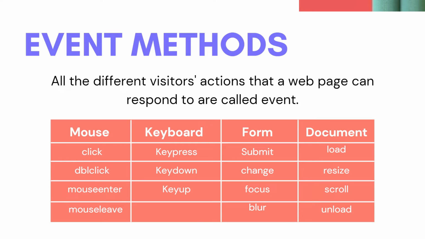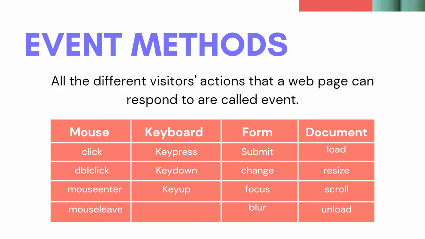And we have the change. Whenever someone changes the form, like he enters his name, his email ID and the password, from blank he has filled it, therefore he has changed it. When he changes that, the event under change is going to occur. And we have focus. Whenever the user focuses on a particular element, this event is going to occur. And we have blur, which occurs when the user leaves that element.